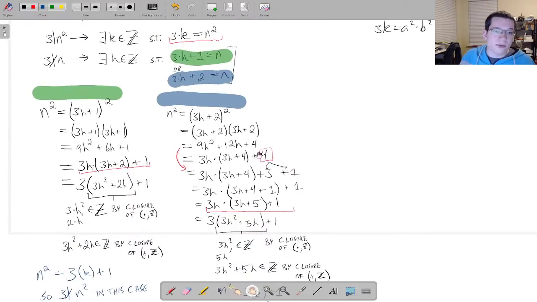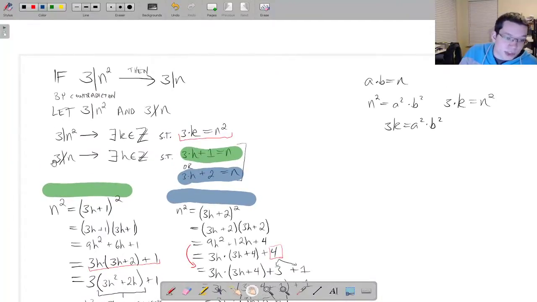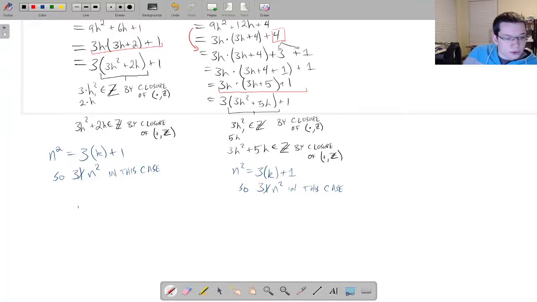But since that's all of the possible input cases that satisfy our assumption, case 1, case 2, so no matter what our input is, no matter what n is,